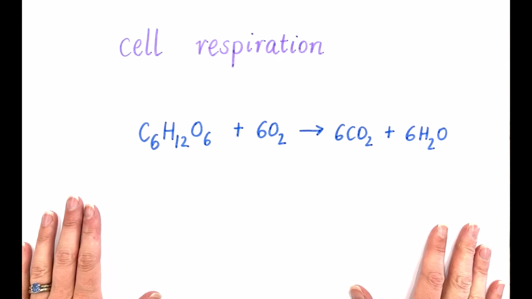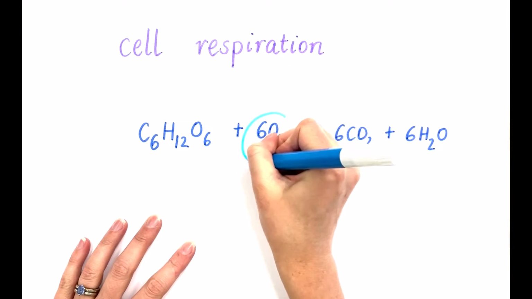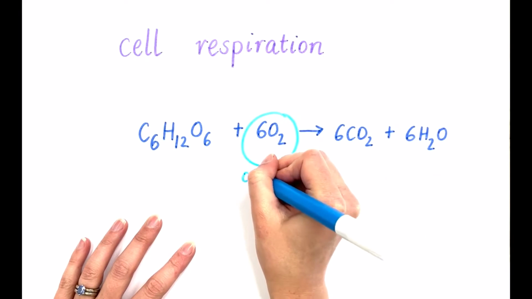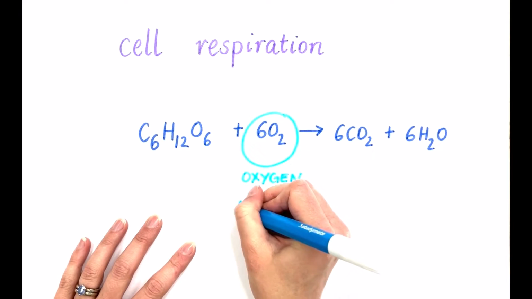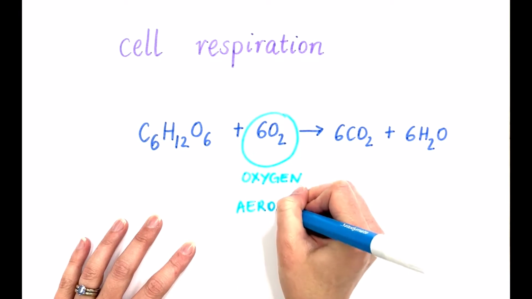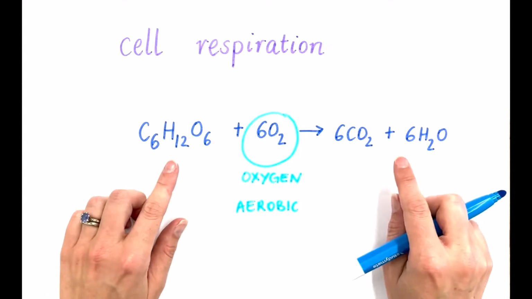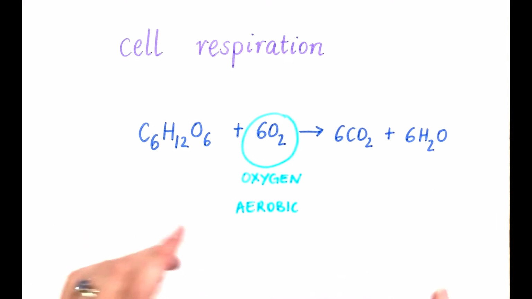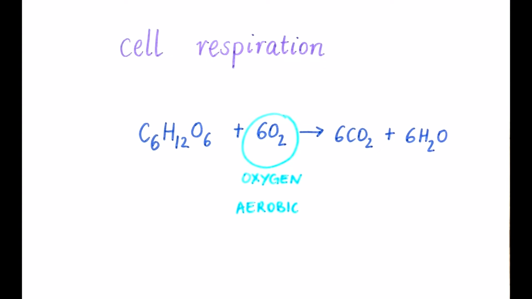So here we have aerobic cell respiration, and it's called aerobic because of our oxygen here. Without it we have anaerobic respiration or fermentation, but we're just going to focus on the aerobic equation today, and this is from start to finish. So this is the glucose here that we begin with,